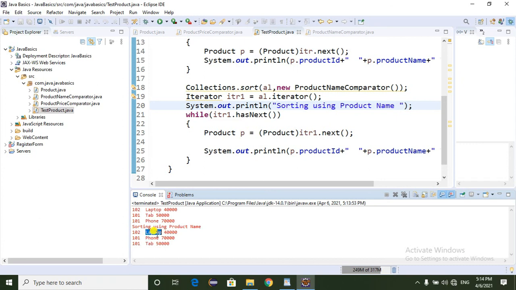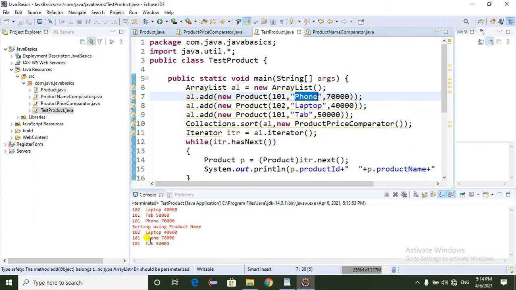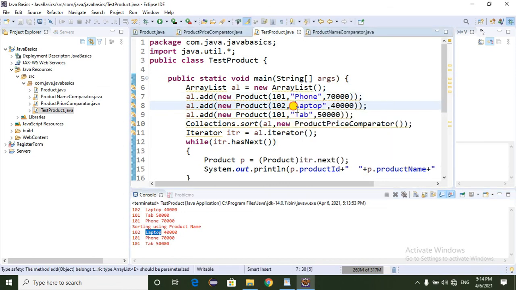L is coming first, L M N O P is second, R S T, T is coming last. Laptop is coming first, phone is coming second, because in the alphabet L is first, then P, then T. So now we are sorting the data based on the product name.